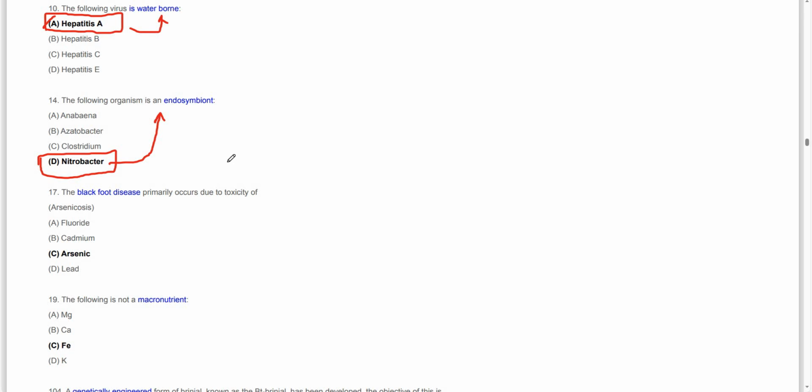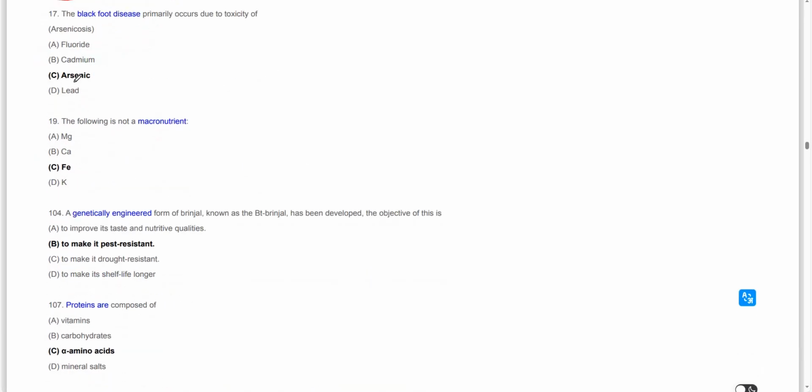Moving on to the next, Blackfoot disease primarily occurs due to the toxicity of arsenic. So arsenic contamination causes Blackfoot disease. This disease is also known as